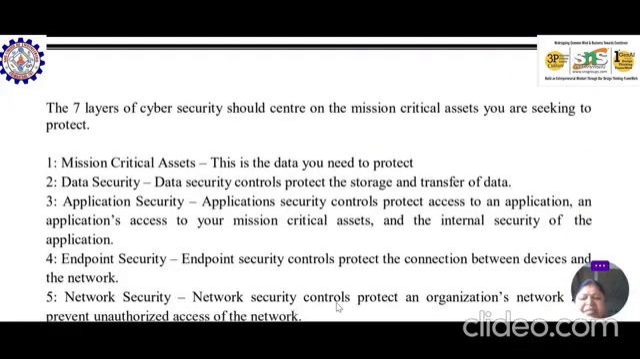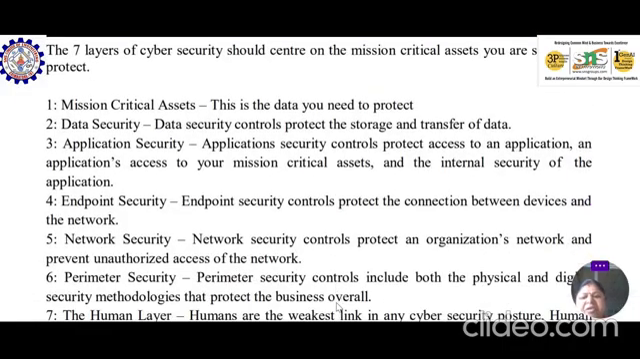First, the 7 layers of cyber security should center on the mission critical asset you are seeking to protect. The mission critical assets are the data you need to protect, and data security controls protect the storage and transfers of data. And next is application security. Application security controls protect access to an application, and the application's access to your mission critical assets and the internal security